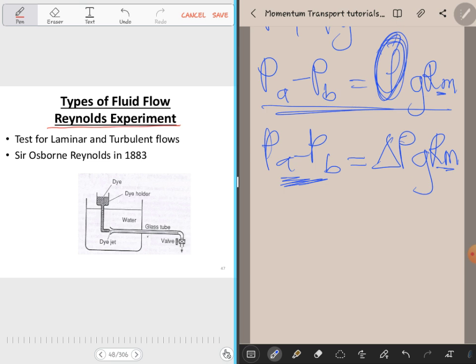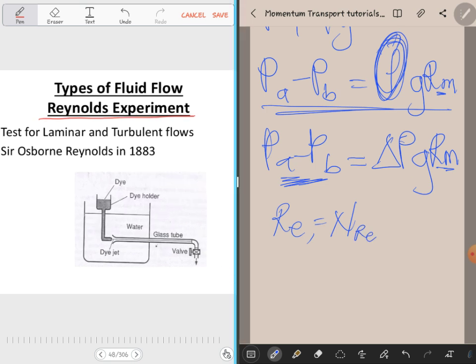What the Reynolds experiment does is that it helps us to get understanding and produce some values that are used in analysis, right? So we call these numbers the Reynolds number. What it's saying is that when you have a container like this, and then